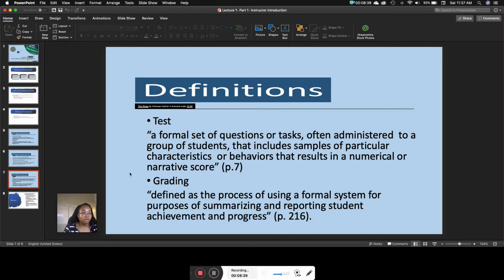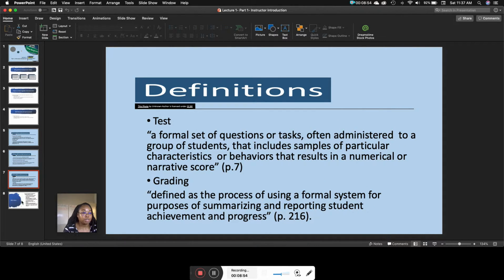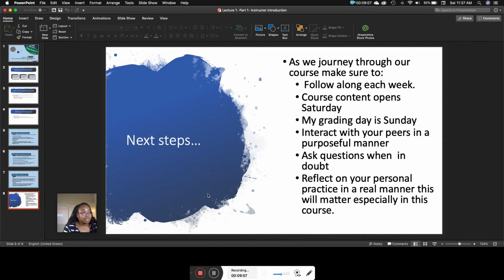And I believe that a lot of these definitions actually have created and are centered within the practices that you have today within your schools. So I thought making sure that we all have an understanding of these would be beneficial in the long run. So feel free to go back to them, because they put everything at the base. And I like the way it says numerical or narrative, because remember, there is a variety of ways to test students.